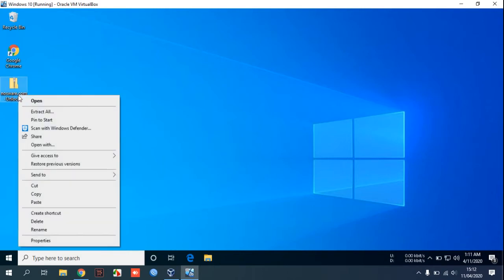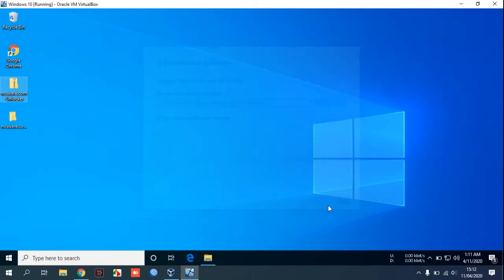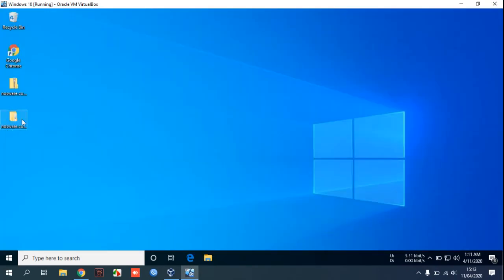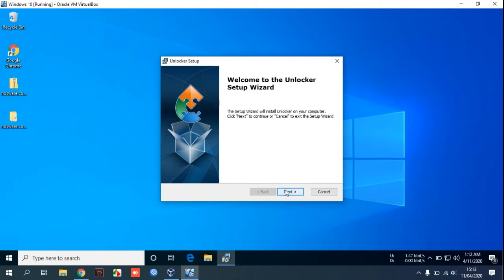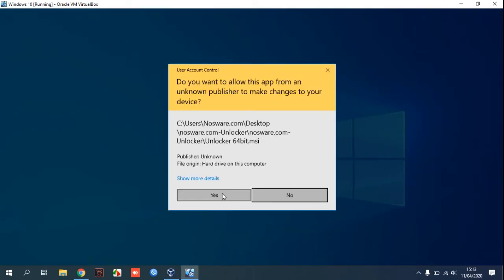First, you can get this Unlocker via the link in the description. First, we can extract this Unlocker and install based on your system. Here, I'm using 64-bit. I will click next, next, next,